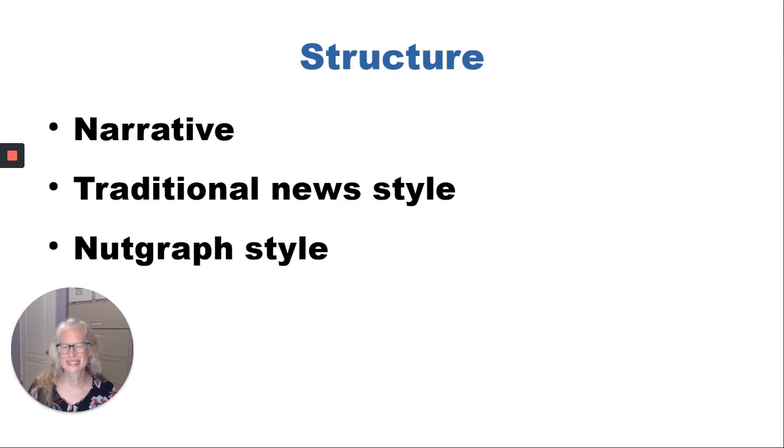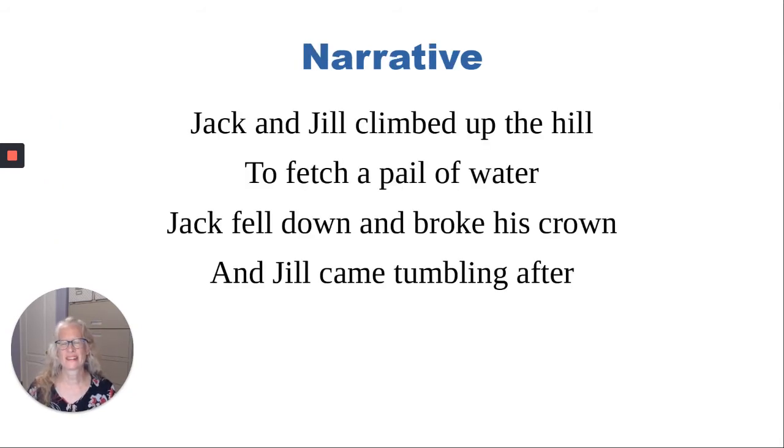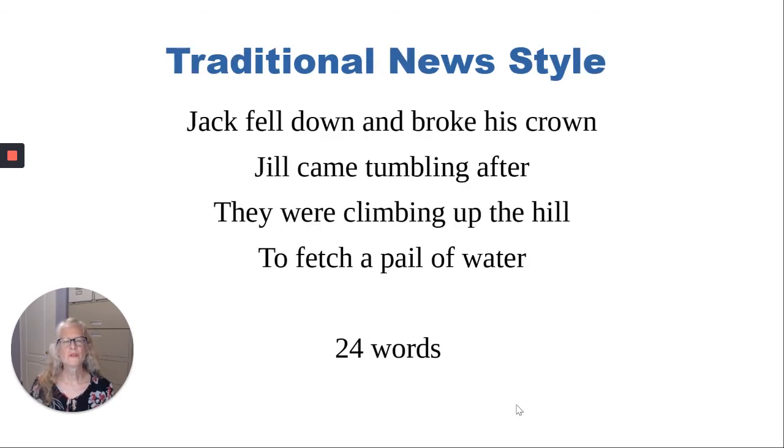So in order to define these, basically show you how these 3 work, let me show you in a very nursery rhyme that we all know. So Jack and Jill climbed up the hill to fetch a pail of water. Jack fell down and broke his crown, and Jill came tumbling after. This is the traditional fairy tale, nursery rhyme that we all know, and it's told in narrative fashion. First, they climbed up the hill because they wanted to fetch a pail of water, he fell down and she came tumbling after, completely in the order that it happened. If you took this same story and you did it in traditional news style, you can